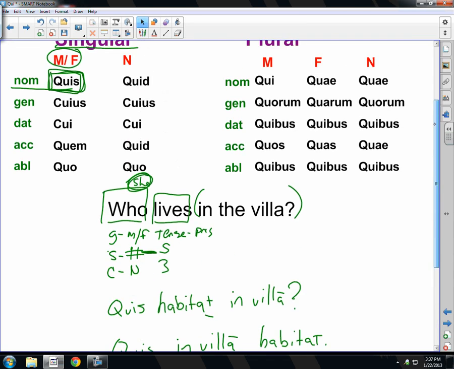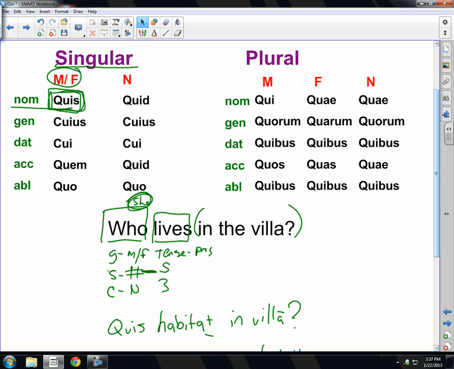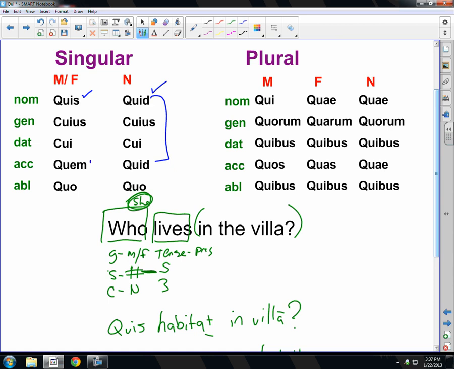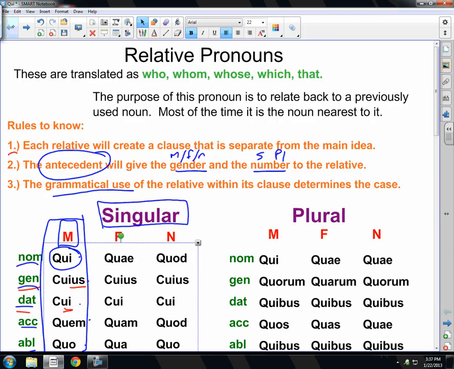When do I use quis and quid? When do I use these interrogative pronouns? I'm trying to ask a question. So I'm not going to use qui to ask a question. I'm going to use quis. I'm not going to use quod for a question. I'm going to use quid. Follow my neuter rule. I have quem here. Those are really the only differences that I have from